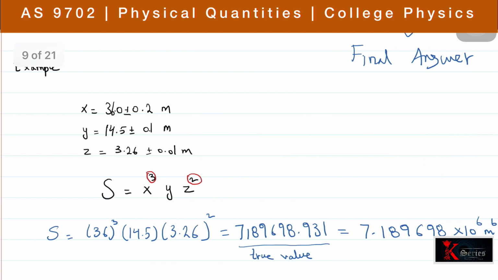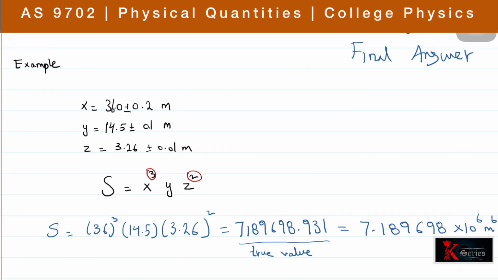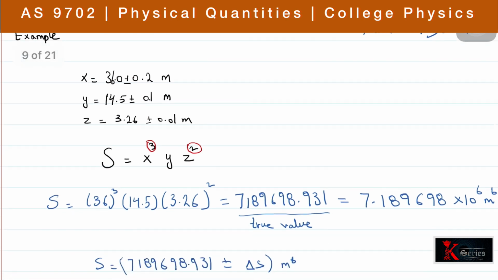So s is equal to x cube, y, and z square. So we basically have to find s, right? And s is the product of x cube, y, and z square. So we'll write s, instead of x we'll write 36, instead of y we'll write 14.5, and instead of z we'll write 3.26, and we'll write their powers as it is, right? So when we actually multiply it with their correct powers, the answer would become